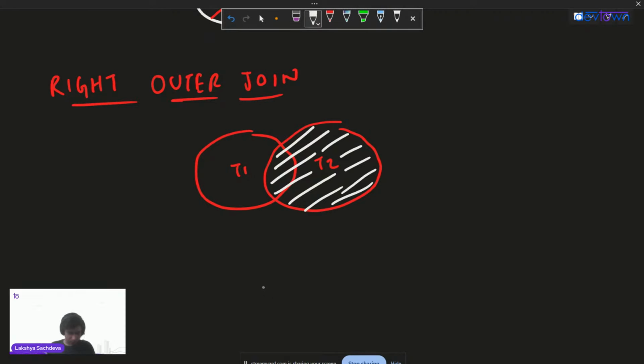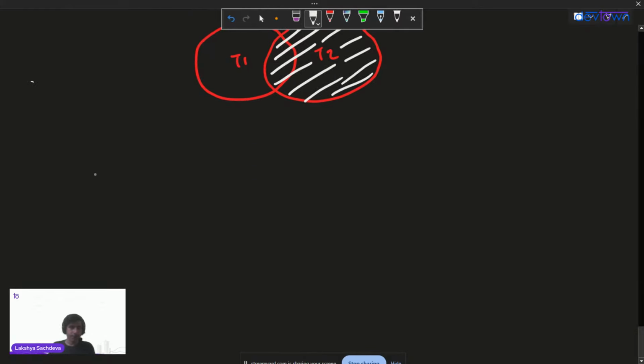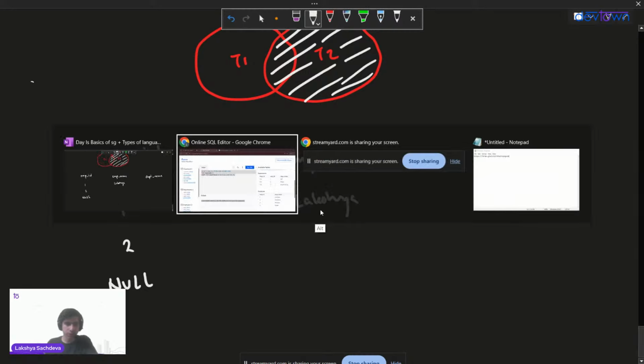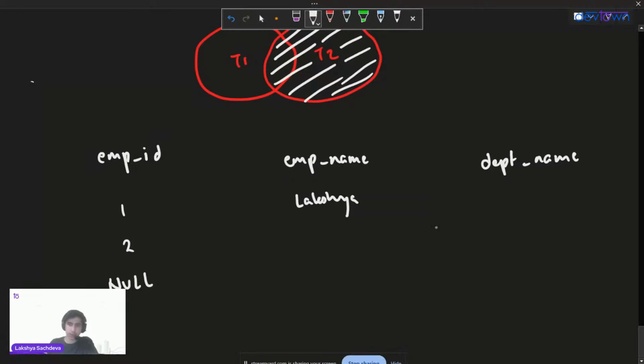The output will be like, you will get emp_id, you will get emp_name, and you will get department_name. You will get 1, 2 and null, because I will explain you the output. Okay, just give me a minute. You will get all the names, that is Lakshay, the second name was Ashutosh,